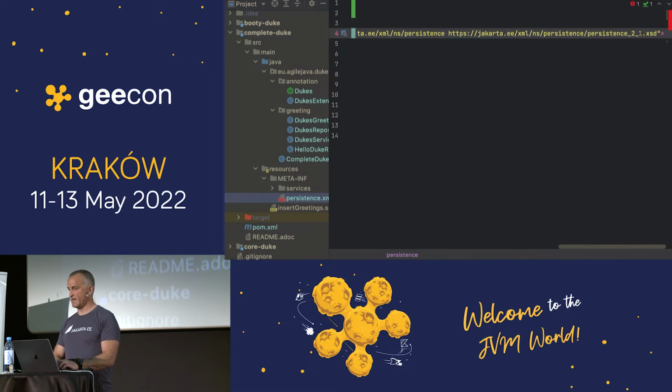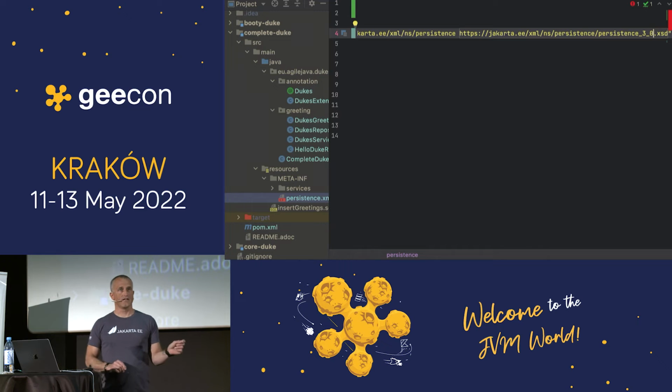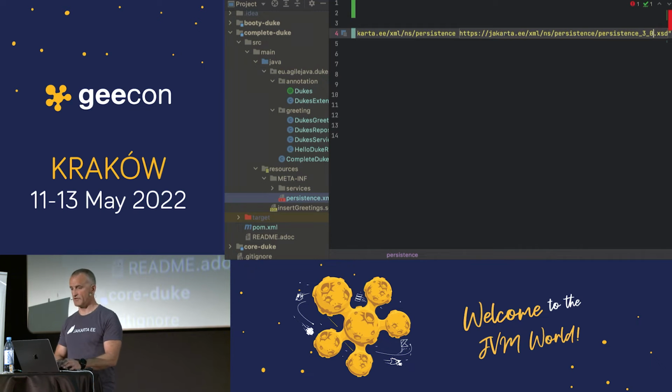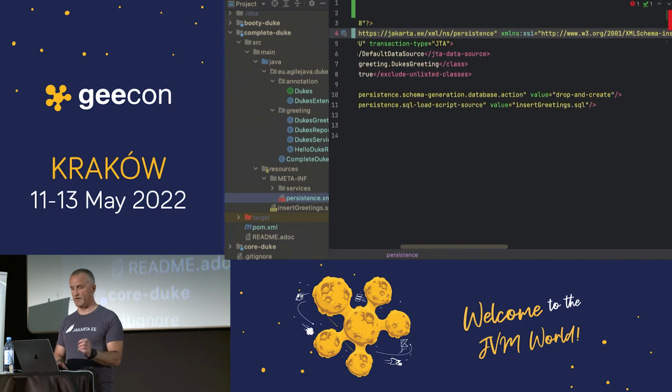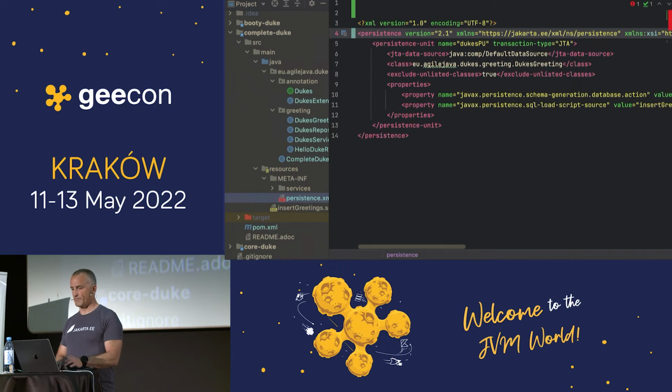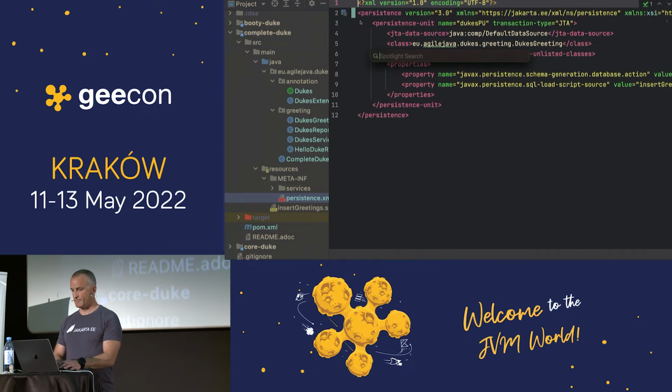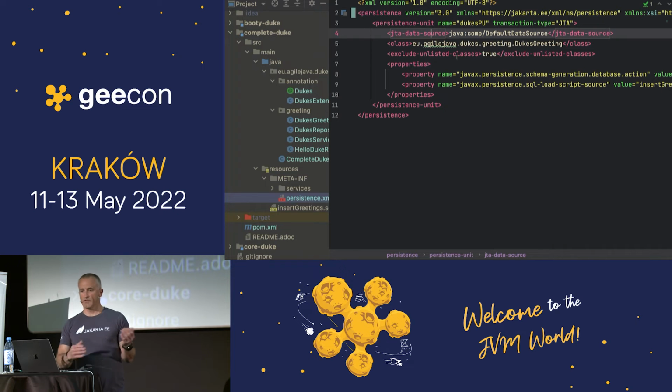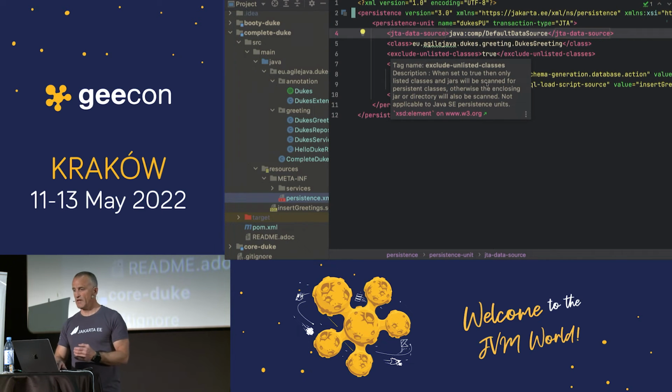And the standard in Java EE and Jakarta EE is that we always have the version number of the specification in the XSD. And for Jakarta EE 9, persistence was 3.0. And here you can see it should validate for me here that I have to use 3.0 in order to do this correctly. So once I've done that, I can